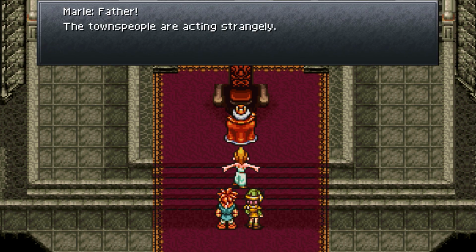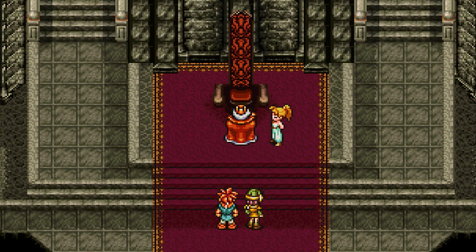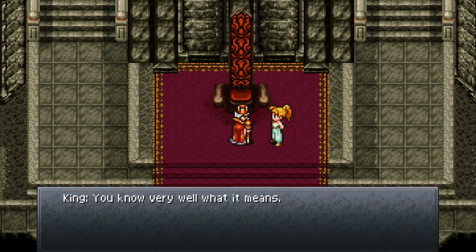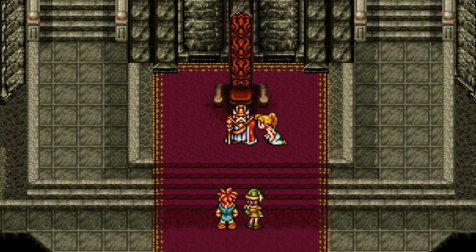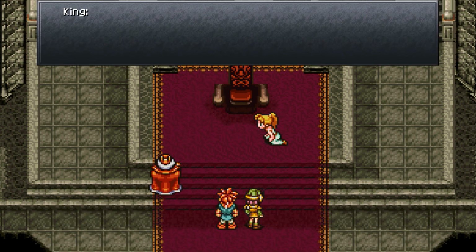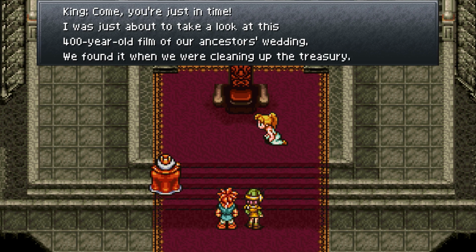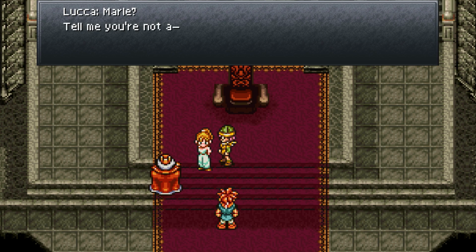Father, the townspeople are acting strangely. Calm down, Nadia. Where have you been? I see you've been hopping around dressed like a human again. Everyone keeps saying that. What's that supposed to mean? You know very well what it means. I don't know what kind of game you're playing, but there's no need for you to keep dressing that way. It must be uncomfortable. Come, you're just in time. I was about to take a look at this 400-year-old film of our ancestors' wedding. We found it when we were cleaning up the treasury. Marle, tell me you're not a...